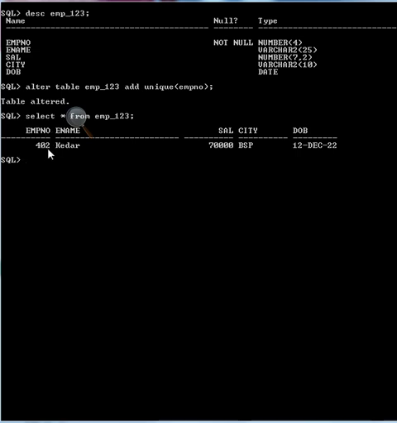Let's try to insert another 402. Insert into EMP_123. Okay, 402 is already available. Let's try to insert the duplicate value and then try to change to another value.